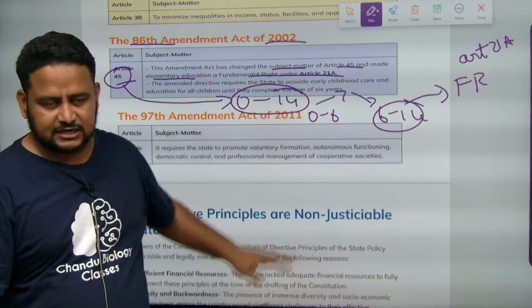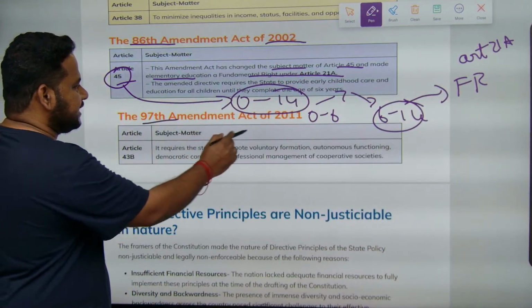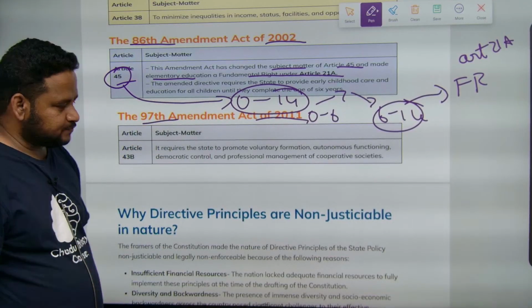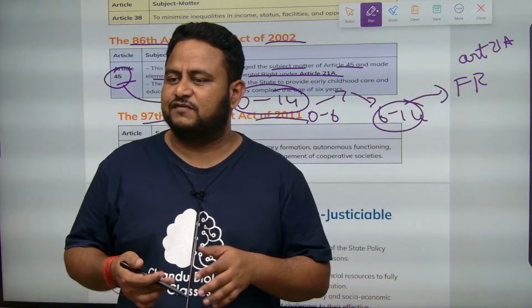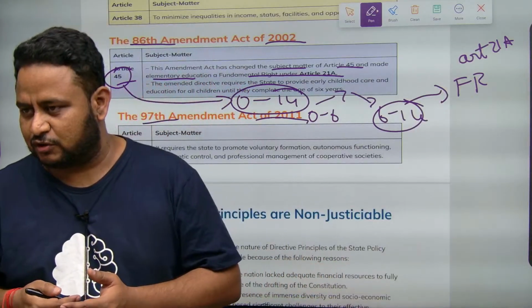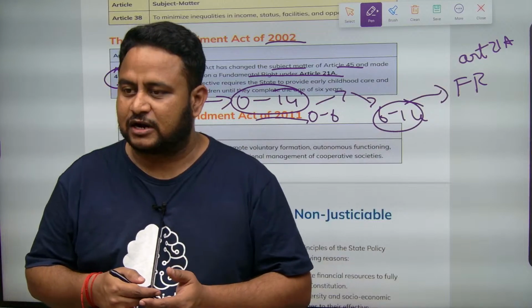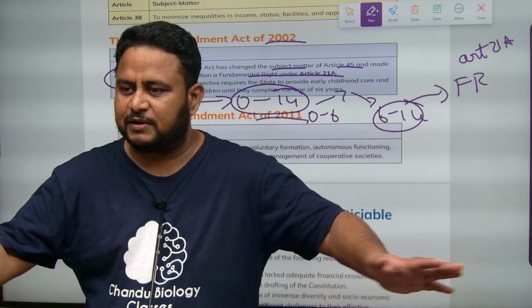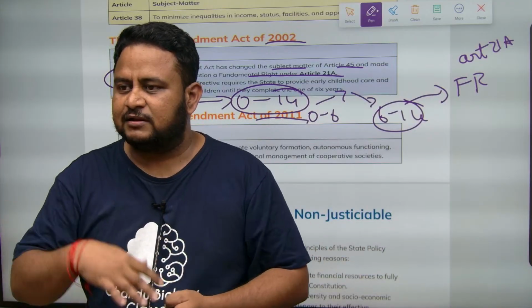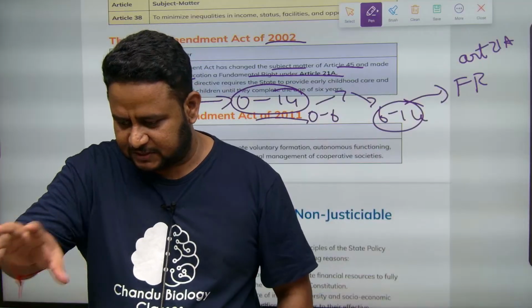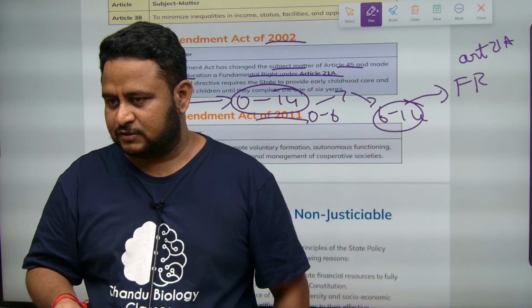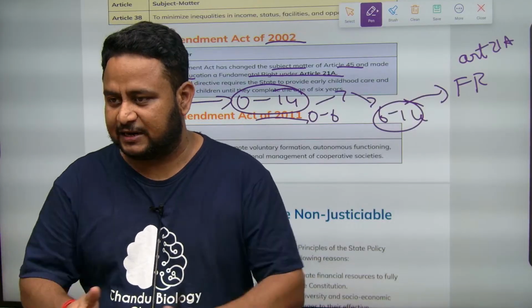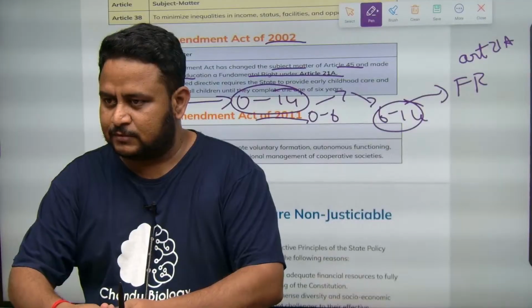Got it? That's it. Now coming to the 97th Amendment Act of 2011. In 2011 they understood the importance of farmers forming an organization. Now we also have something called a farmer producer organization, that is FPO. When we study economics you will understand that. FPO means many farmer organizations form a group and go to the government and say we want this much MSP for our goods. We have produced this much rice, please provide this much as the price for our goods. They will demand.